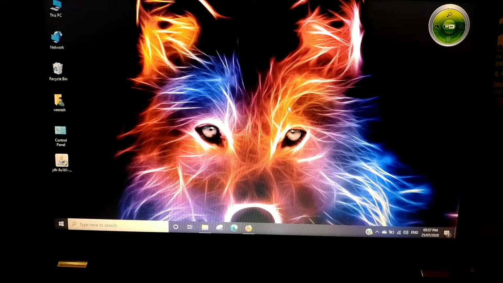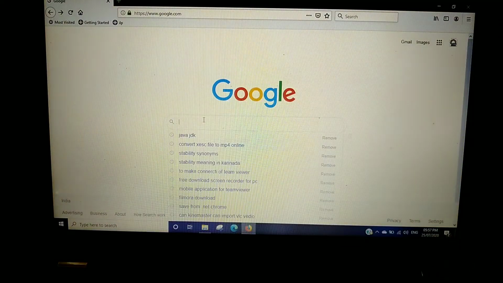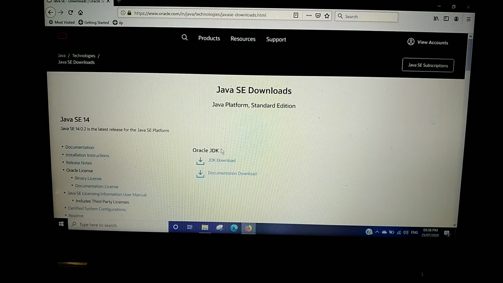Open your favorite browser and search for Java JDK on Google, and you will find the Java SE downloads. Click on the first link, which is www.oracle.com, and here you will find the Java JDK downloads.